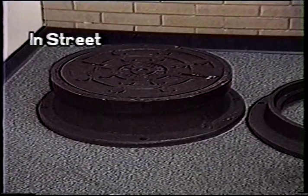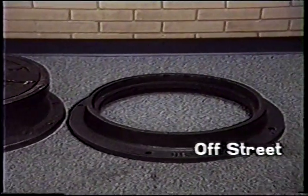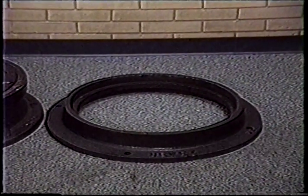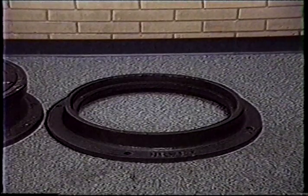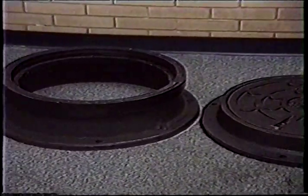Our competitors publish beautiful catalogs full of items, but we bundle our castings into series because each sewer system has a need for a manhole frame in different sizes. While you would certainly want a full-size frame for in-street usage, you might not want to spend good dollars for a full-size frame for an off-street manhole. We make a downsized frame in each series for off-street usage, which costs less, and we guarantee that the covers will interchange. This saves your maintenance people money because they only have to stock one replacement cover if one were